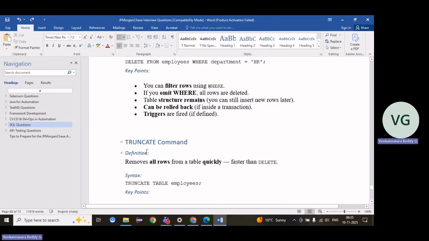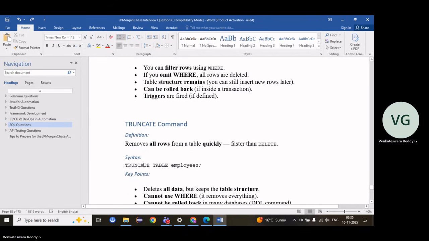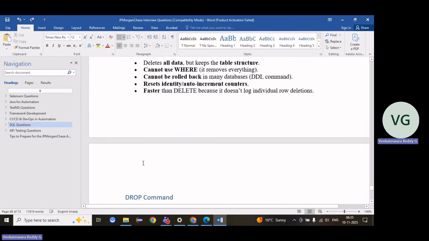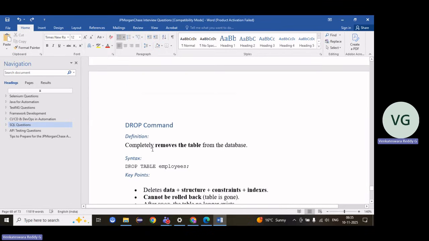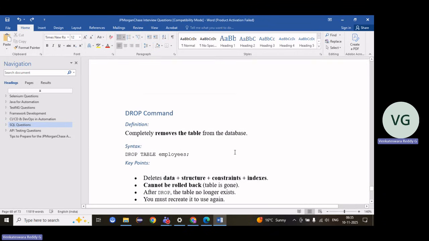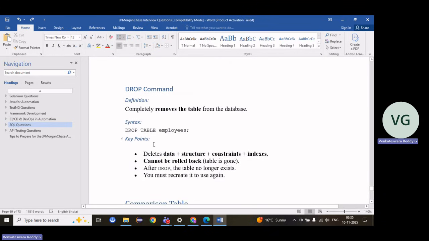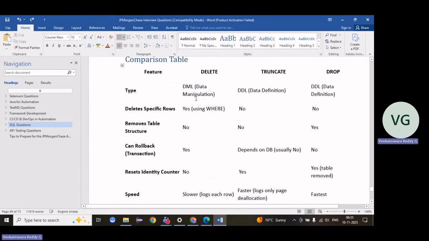We cannot roll back. It will delete all the rows. What is drop? Drop completely removes the table. Drop table name. It will delete the data structure, constraints, and indexes, and cannot be rolled back. It will delete the entire table itself. So those are the differences between